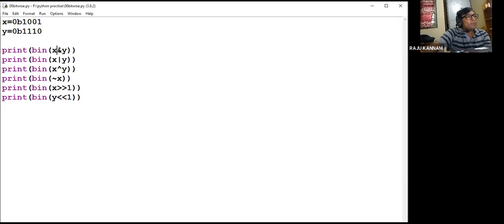Here I'm doing the AND operation between x and y. We already know AND: only if both the inputs are 1, the output will be 1. So the answer will be 1 0 0 0.